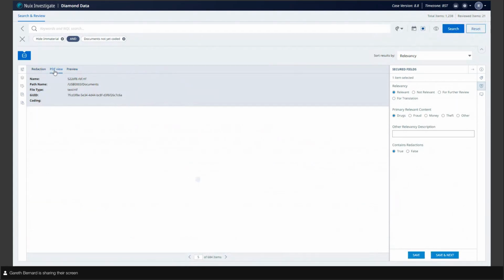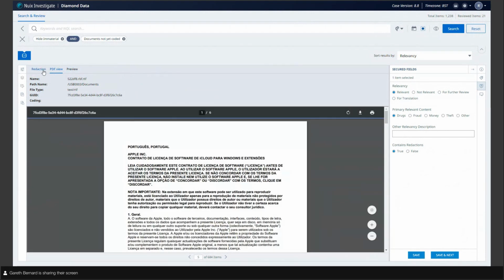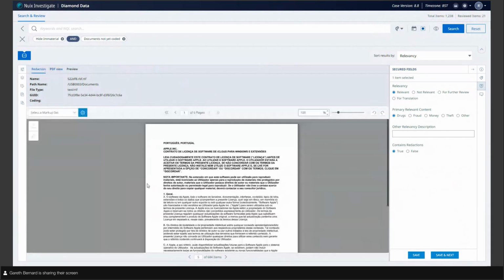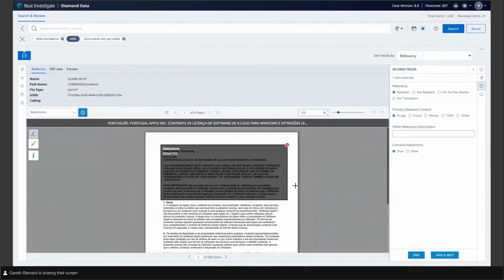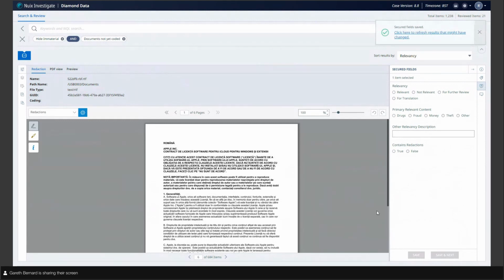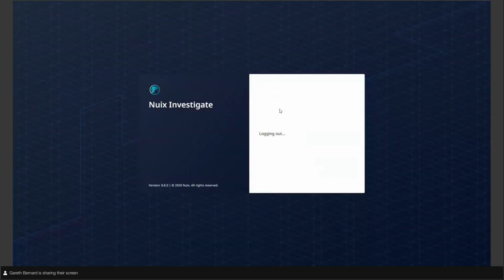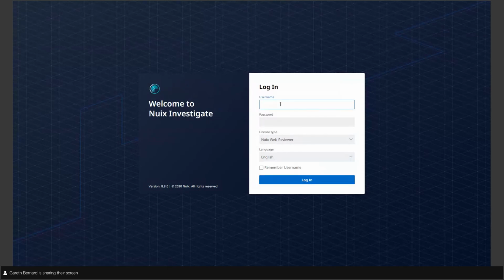So I can have a look at the PDF views of these particular items. I can now choose a markup set, and I can redact certain information so that when we come to export it out, that's going to be redacted. So that's great. Click Save and Next, and the reviewers would continue doing that until they had finished their assigned documents. While that's going on, the case manager could be looking into their case